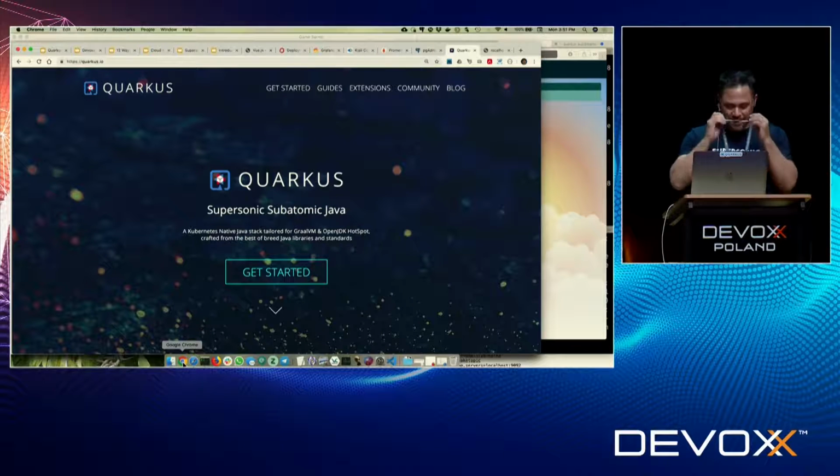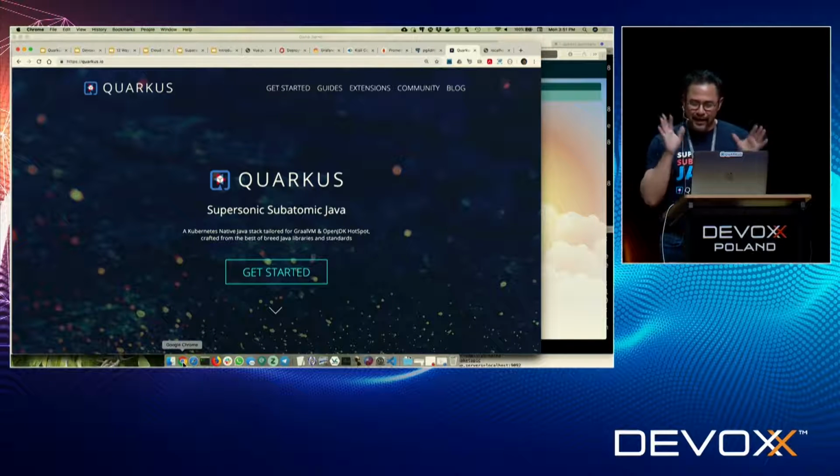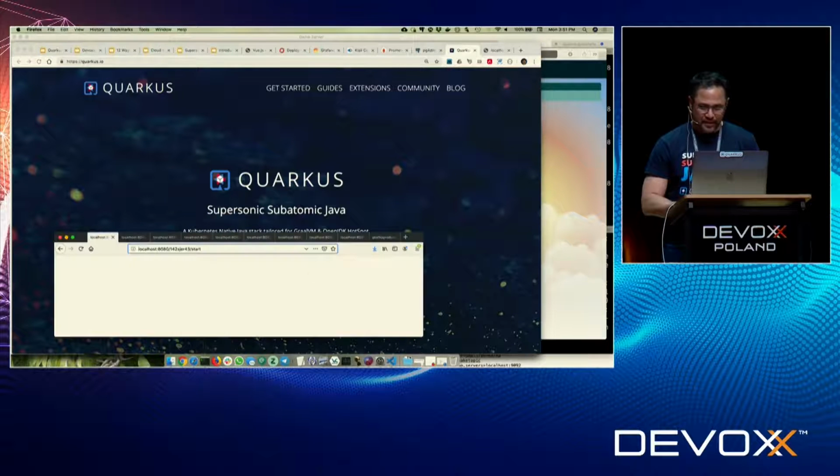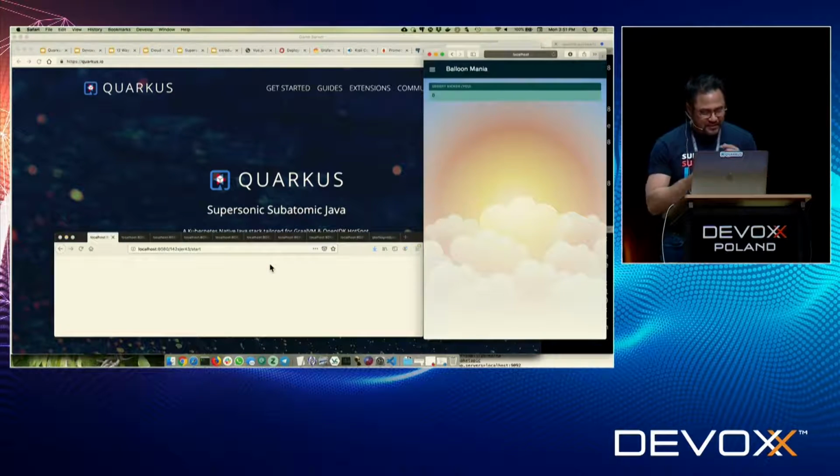But let me show you a little demonstration that I've been hacking on. It's not as far along as I wanted it to be, because I was actually going to let you guys try it with your own phone. But we're not going to be able to do that today, because I still have some work to do on it. But let me show it to you. It is this right here. You guys might have seen this little game from me before. Let me kind of show you how it works.